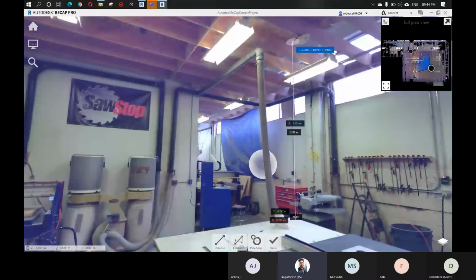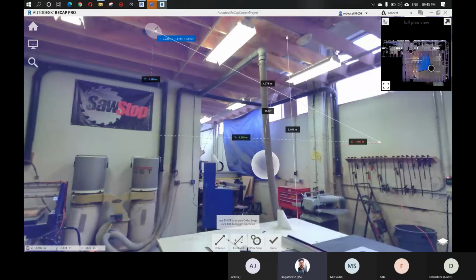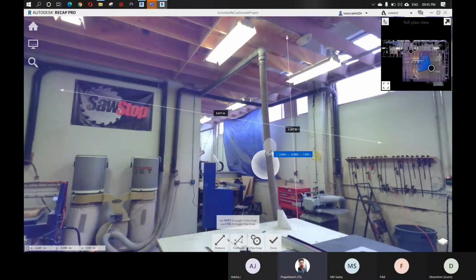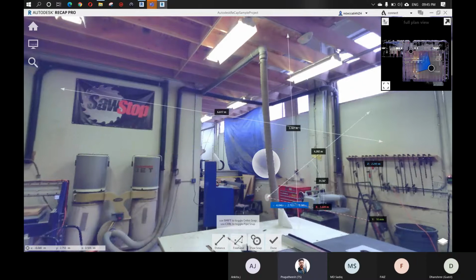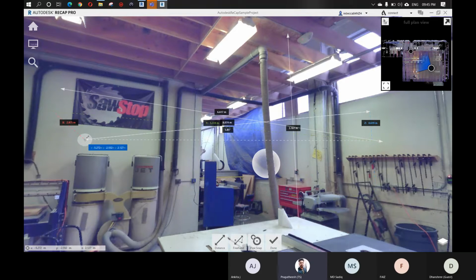Like this, you can measure from anywhere, and it automatically creates XYZ with an angle. You can measure from any points, and it automatically creates XYZ with an angle. As I move simply, you can see it creates the X, Y, Z values from both these points. It even shows the angle, right? So we don't need to go to site many times. We have to go to the site only one time, and we can scan all these areas, and there will not be any human error, right?